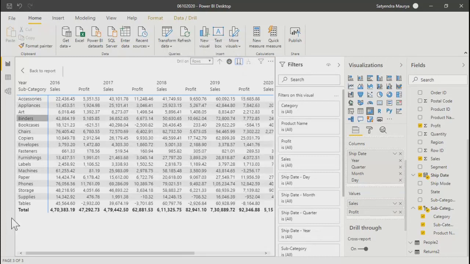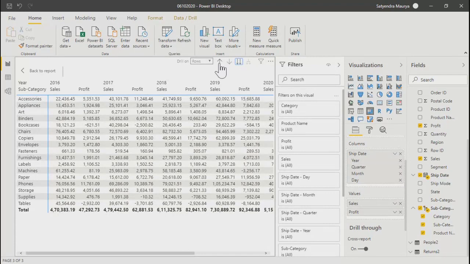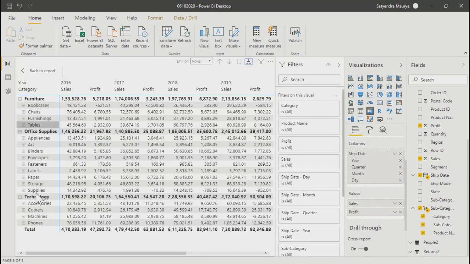So you can see that, right? You'll see it like this. What is happening is that on every level, because it is rows that is selected, you can see the different levels over here.